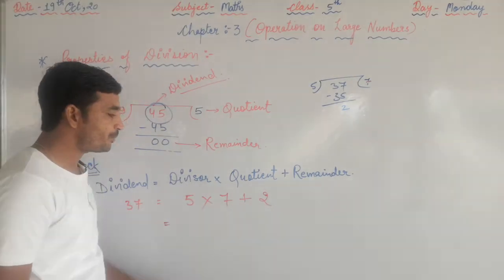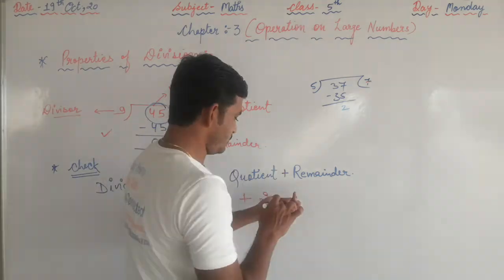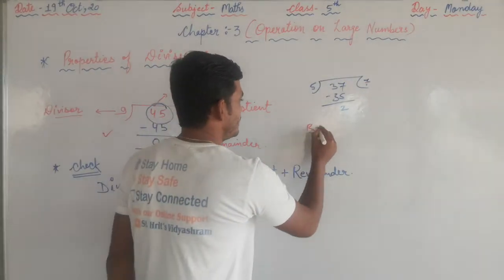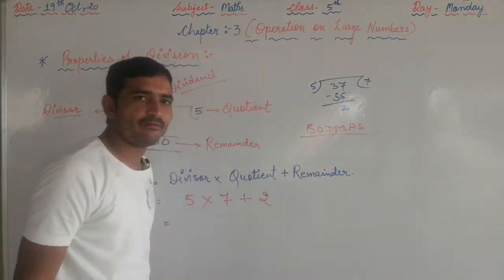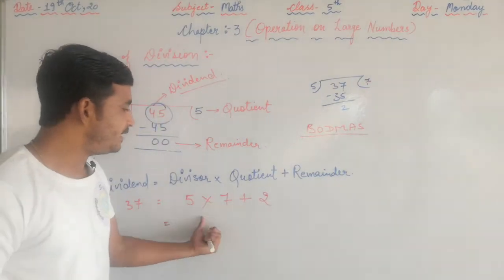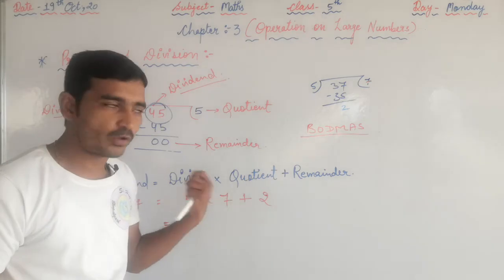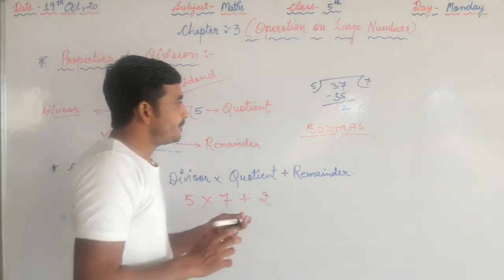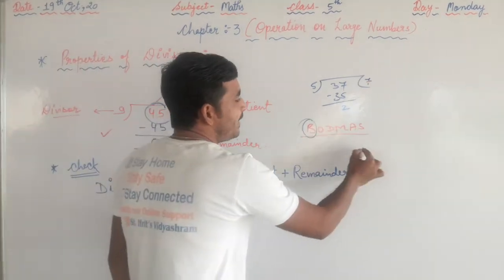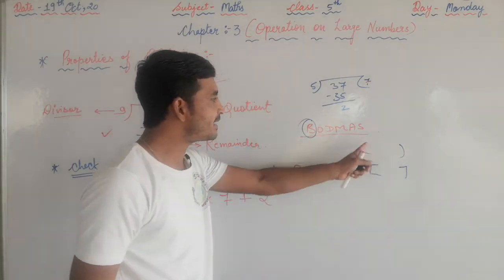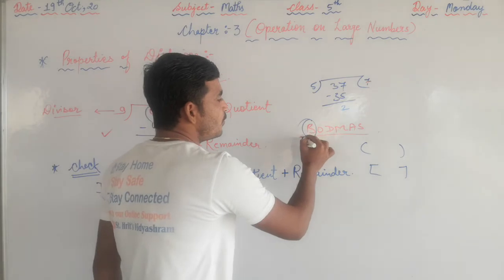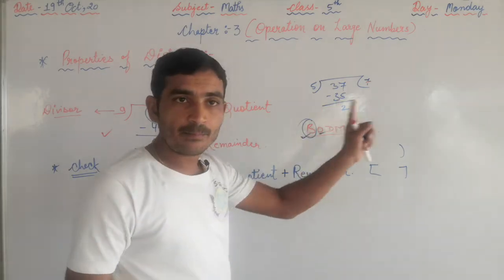First what you have to do? Suppose we discuss a little bit about the BODMAS rule. Suppose you have an equation in which you have addition, multiplication, subtraction, all that. Then what you have to do? First, if a bracket is there, any bracket, small bracket, square bracket, first of all you have to remove the bracket.